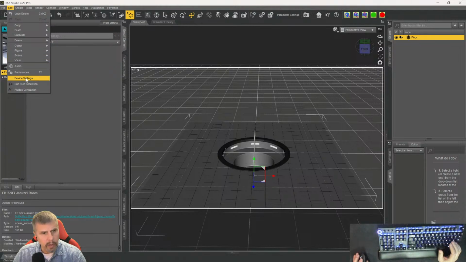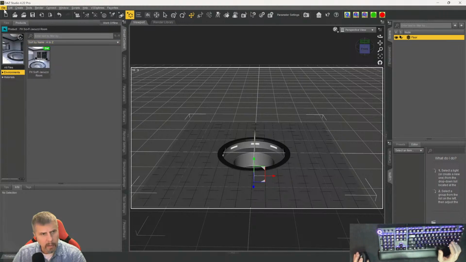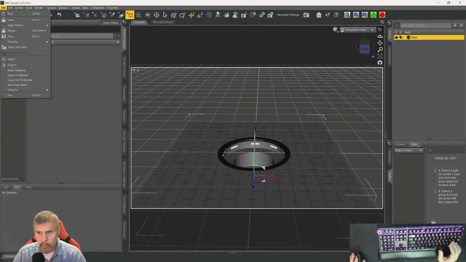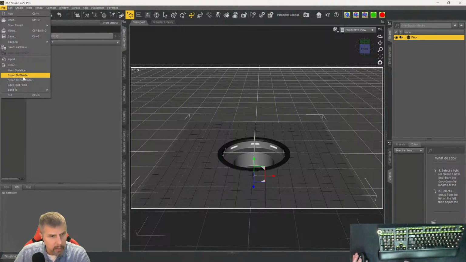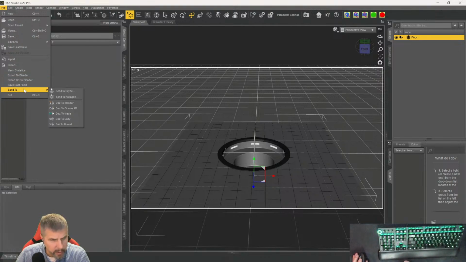Now, if I try to just bring this in, I think what I'm going to have to do is try to export it as an FBX. So there's some way here. We could send it to Blender, then we're back to that thing where it's all been compressed into something that's hard to deal with. Or we could send it to